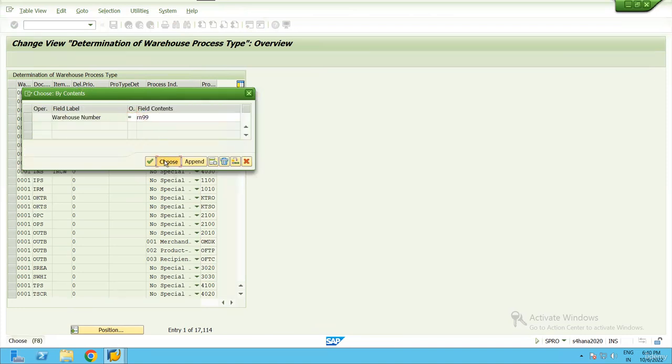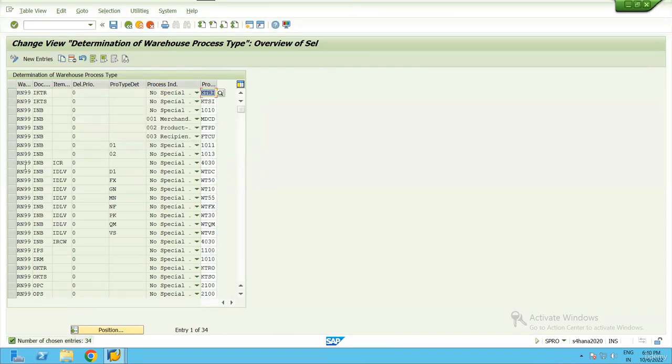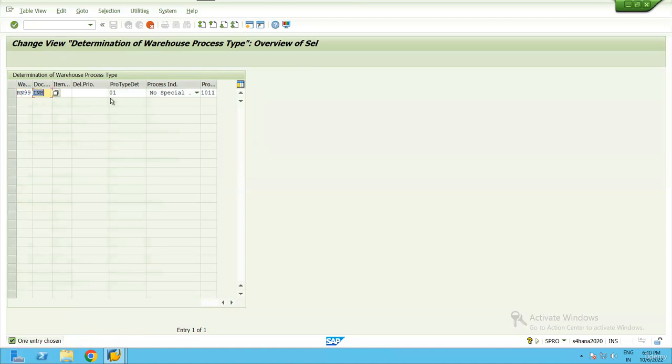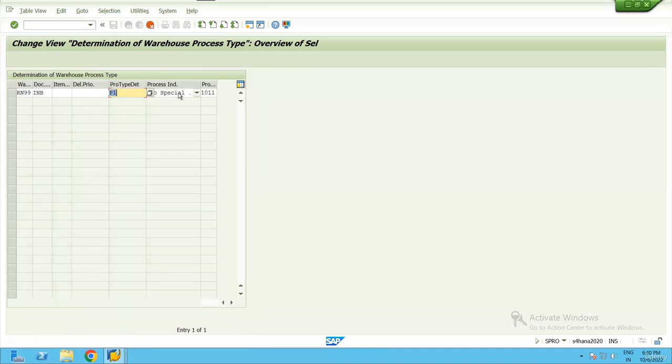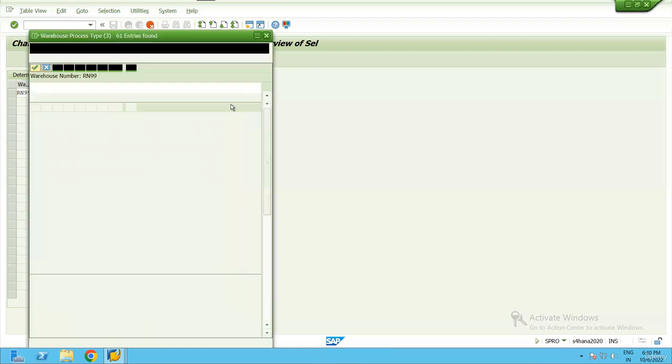I'll go to my warehouse RN99. I'll copy this. So in my warehouse RN99, if my document type is INB, and if I have any item type, if my delivery has any of the delivery priority, what is my process type determination indicator? P1. Here I'm defining it, and here I'll determine my